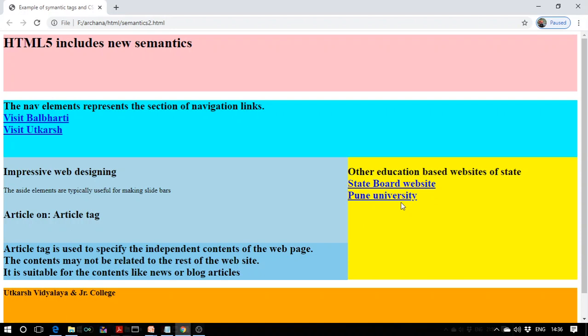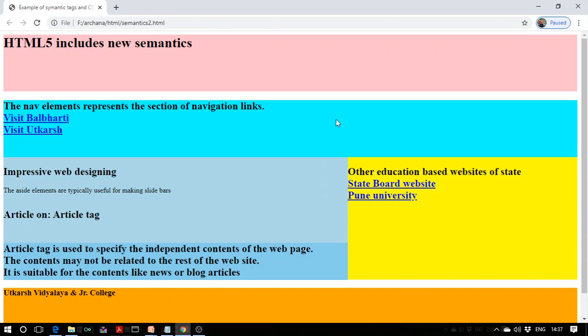So here, once again, I have added 2 more links. Okay, students. Now, below that, at the end, we have the footer. Just like header at the top, we have footer at the bottom. Now, the footer is going to include the company info or various links for navigation, etc.